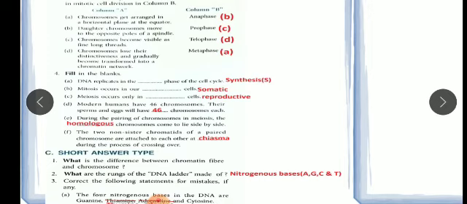Opposite poles they are going. Okay, so it will be anaphase. Now chromosomes become visible as fine long threads, so we can see the chromosomes during the prophase stage. Okay. Now the last one, D part: chromosomes lose their distinctiveness and gradually become transformed into a chromatin network.